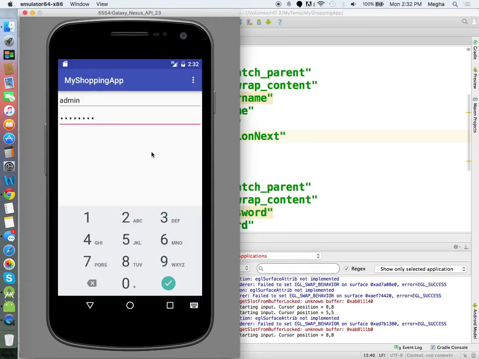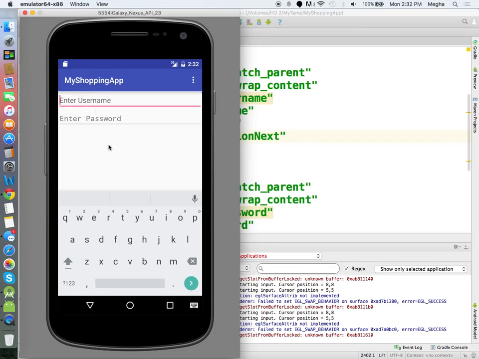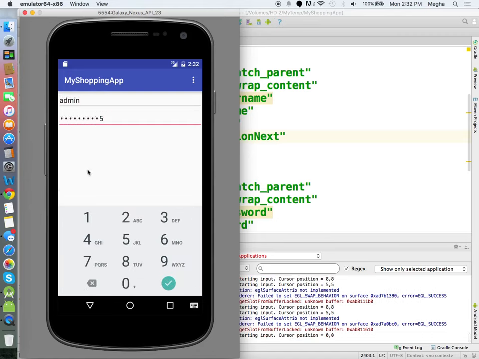And apart from that, I kept the hint as the edit text, but sometimes when the user enters something, I don't know for which edit text, for which purpose it is serving, because both the hints disappeared. When you have a multiple-field form, you may not know which field represents which one. It is always better to keep a text view on top of it, letting them know, okay, it is for username, it is for password. So let us add that.